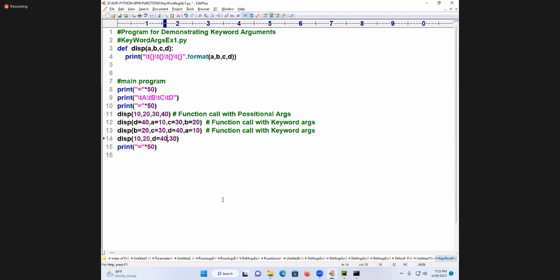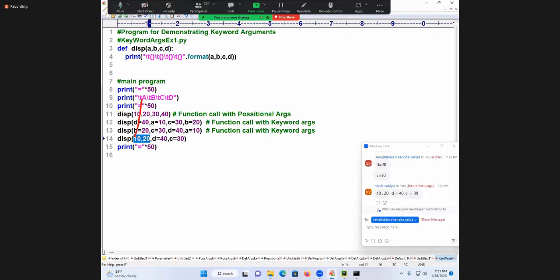D is equal to, C is equal to. What is this combination? First two are called positional: 10 is going to A, 20 is going to B, and D is going to D, C is going to C. Are you following me? What is this called?